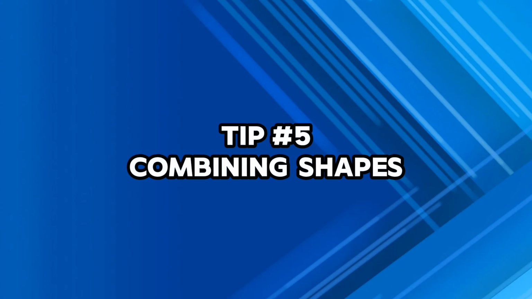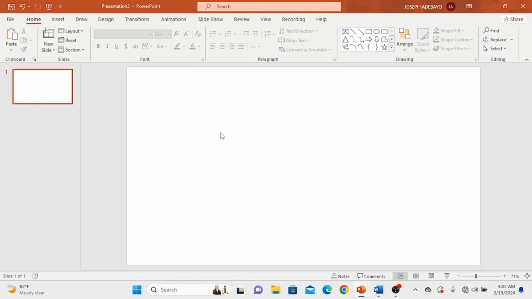Tip number 5, combining shapes. With PowerPoint, you can simply combine and manipulate shapes. With this particular method, you can create different logos or design ideas. It all depends on your imagination. For instance, if I wanted to create a moon icon,